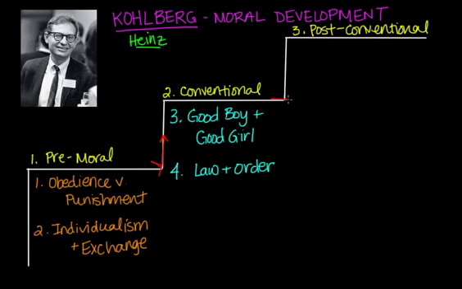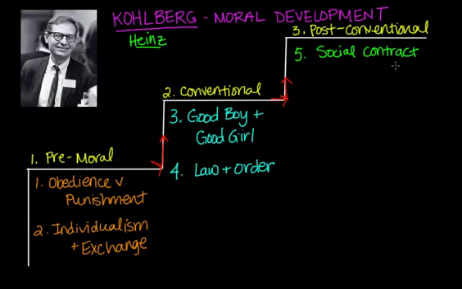Once we're past that, we can move on even further into stage 3, which is split down further into stages 5 and 6. So here at stage 5, we have the social contract. In the post-conventional phase or stage, individual judgment is based on self-chosen principles. So we're beyond law and order. We're thinking at an even higher level, and we're having higher moral reasoning. It's based more on individual rights and justice for the greater good.